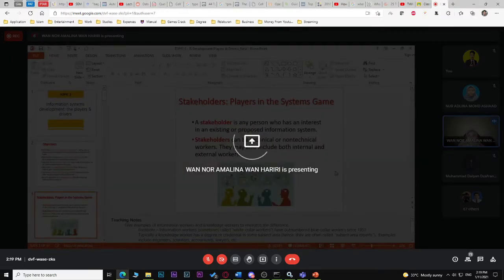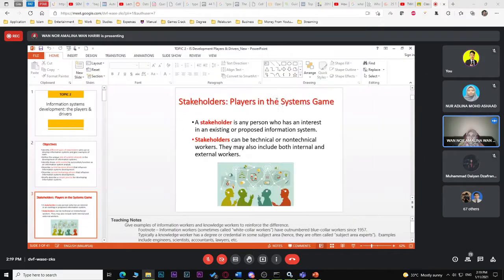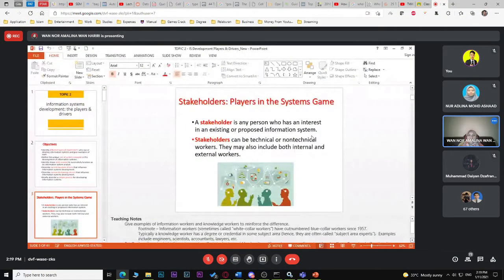Alright, definition of stakeholders. Kita tengok kepada definition dahulu regarding stakeholders. Stakeholders is any person who has an interest in the existing or proposed information systems. Be it an information system that is currently being used, or an information system that is being